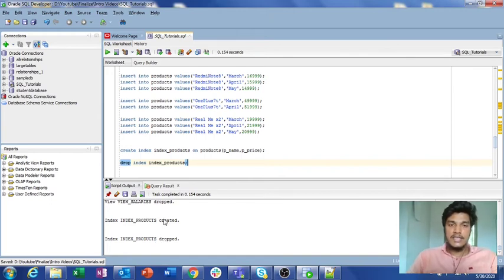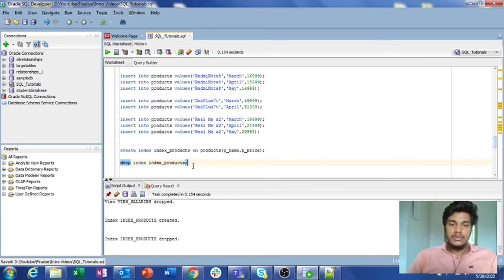If the index is there, then based on mechanisms like B-tree and B+ tree, internally it will organize the entire data. If that particular index is dropped, then obviously the query will go into the products table and get the output from the database itself.